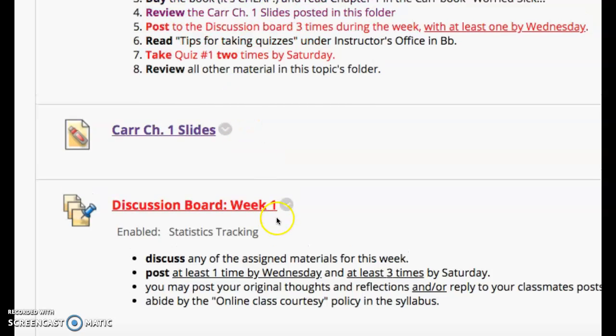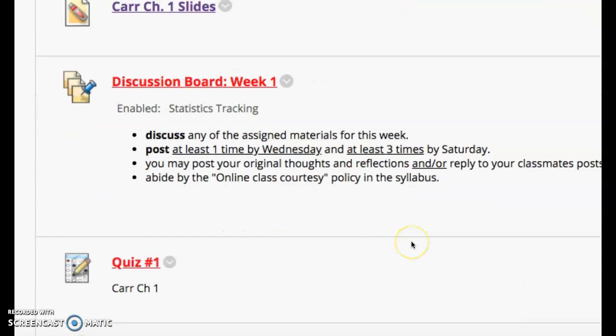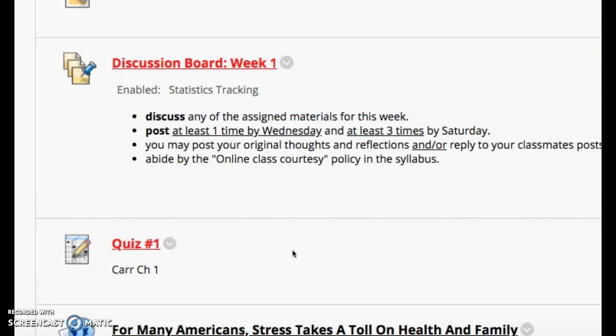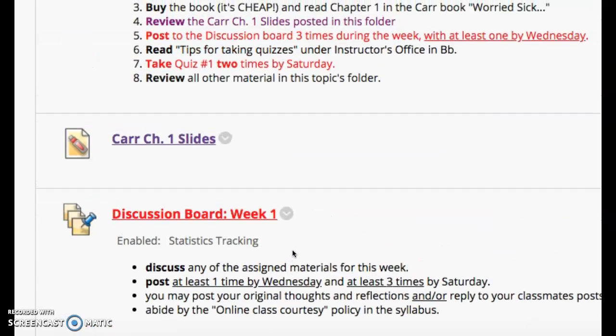Quiz number 1 asks you about chapter 1. You have the slides. Hopefully you have the book by now. If you do not have access to the book yet, I definitely encourage you to try to find someone in the class that maybe is in another class with you. You can make copies of their chapter 1. It's not a very long chapter. If you're really in a bind about getting a hold of the chapter, definitely send me an email and let me know that, and we'll see what we can work out.